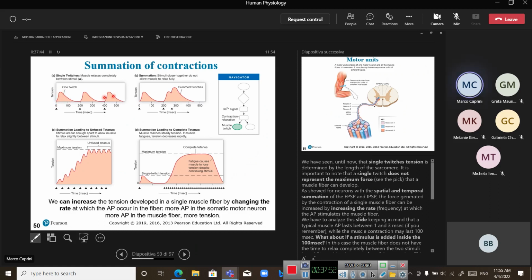Just check the panel B. We have seen this point also in neurons when we were talking about spatial and temporal summation, and we have more or less the same. This is a temporal summation of stimuli that are so close together that the muscle does not relax completely. The summation here in this case